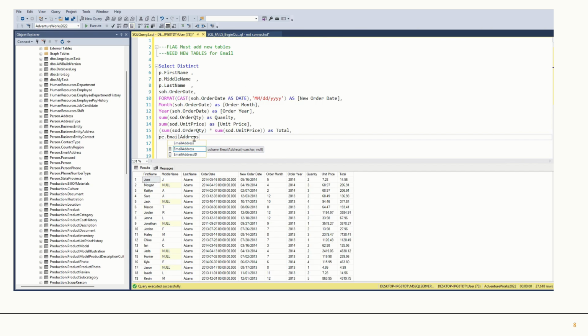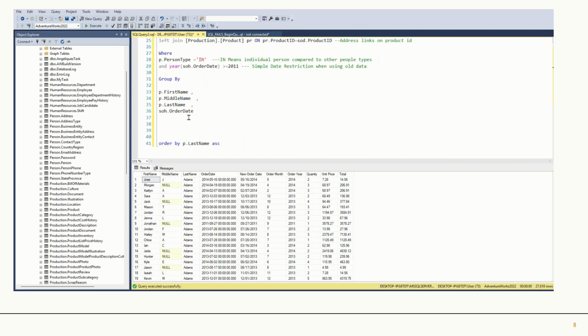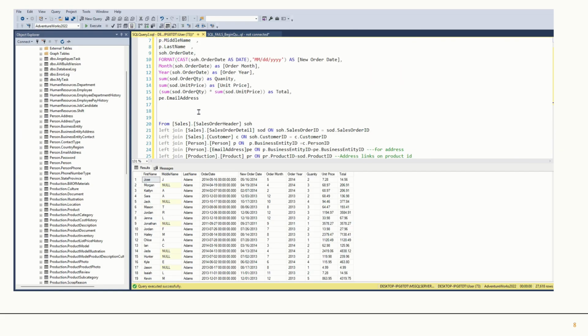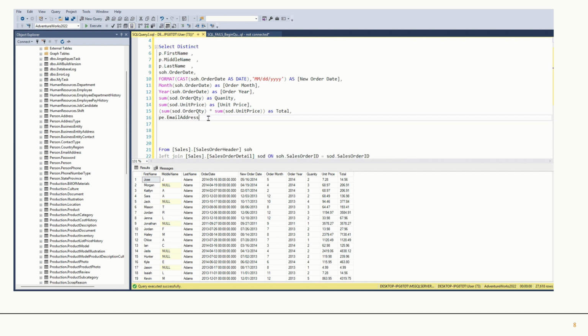And then I'm going to go ahead and add that to our group by statement, because we have calculations and that needs to be included in there. Just a side note right there. And I'm going to go ahead and get into our actual flag. We first have to add the field and then the flag. So case when PE email address, if this is no,